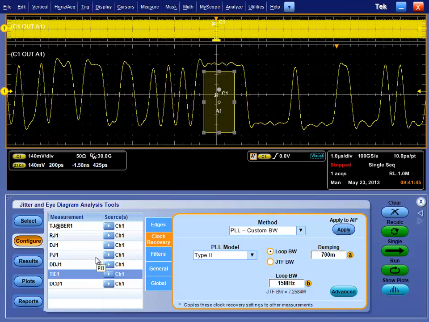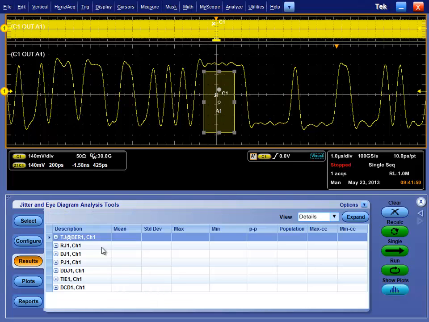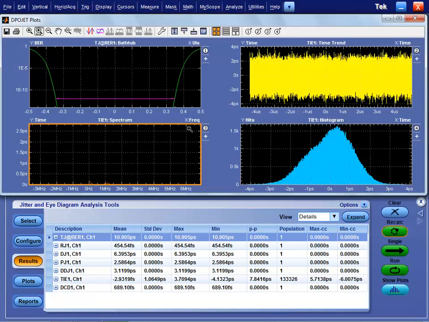So with running that clock recovery, let's go back and look at our results. Now we changed the clock recovery, so all of our results have been wiped out. Very convenient in DPOJET is the ability to recalculate. I want this same piece of data because I don't want to change multiple variables while I'm debugging. So right now I've only changed the clock recovery. Recalculate reprocesses the data that's already in the scope. It may have taken you 3 days to capture that error, and you want to do jitter analysis around that point in time. So if we look at this now, my total jitter number is down sub 11,